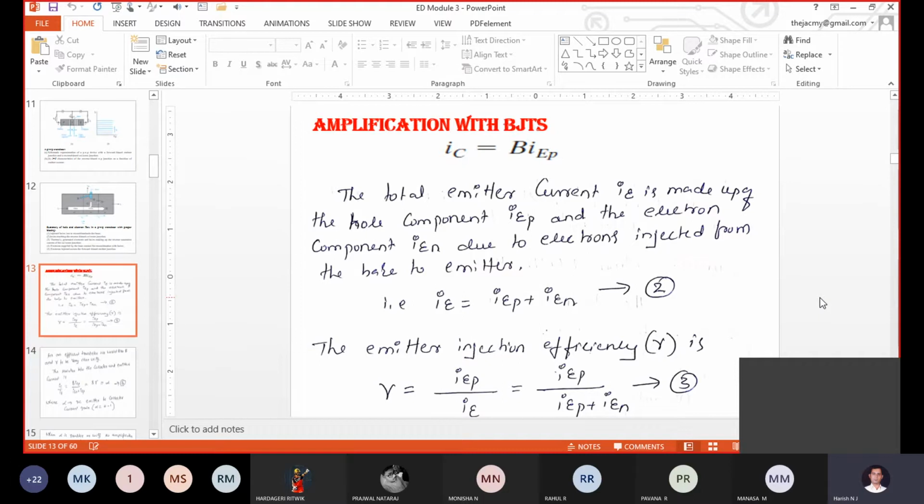Means what? Whatever input voltage you are providing to the amplifier, it will be doubled. Correct. If you are providing 1 volt peak to peak input signal, it will be amplified. What is the amplified value? V naught it will be equal to 2 times of 1 volt peak to peak. Finally it will be equal to 2 volt peak to peak. That much amplification will happen.